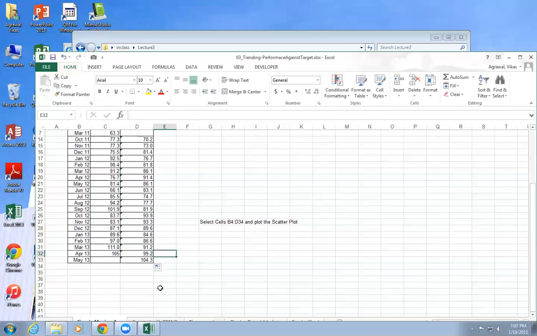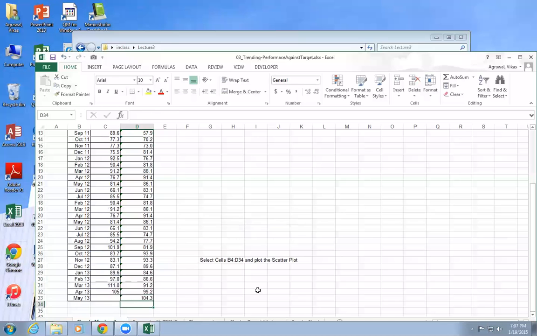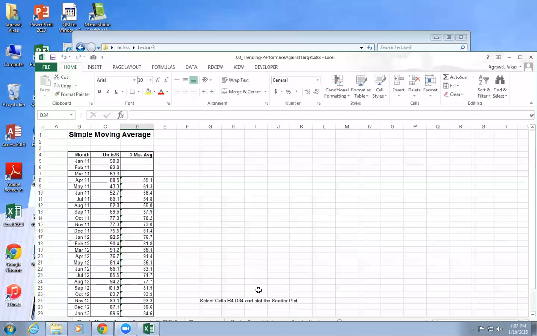And since it's relative, if you go here and press F2, it's using those three cells. That's the beauty of using absolute and relative referencing here. This is the way you create what we call moving averages, and then you plot it.